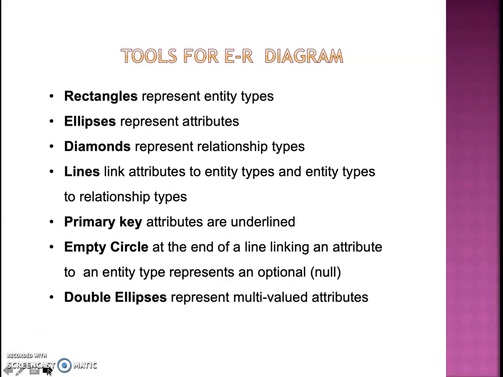All the tools for ER model are described here. A rectangle represents an entity type, an ellipse represents attributes as told, diamonds represent relationship types, lines link attributes, and a primary key is indicated by an underline. An empty circle at the end of a line linking an attribute to an entity type represents an optional null. A double ellipse represents multi-valued attributes. All these tools are used to create an ER diagram,